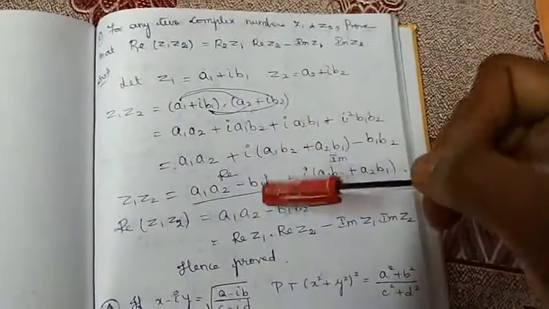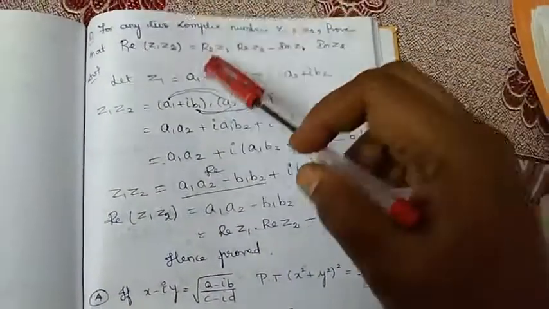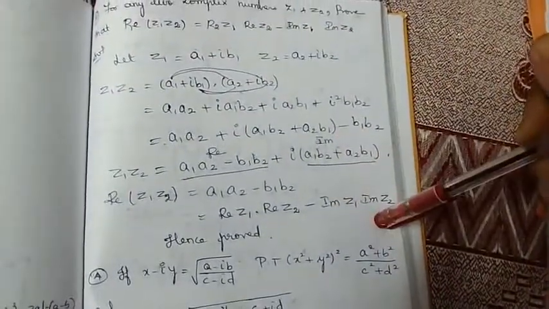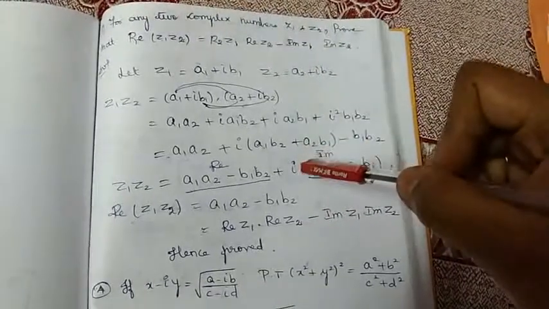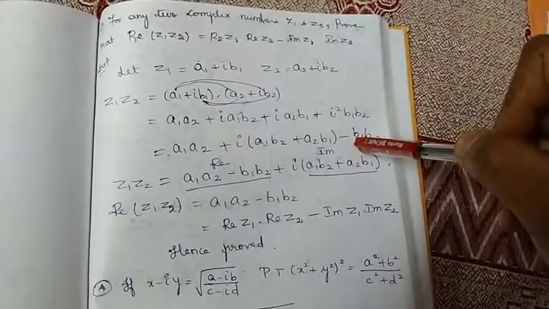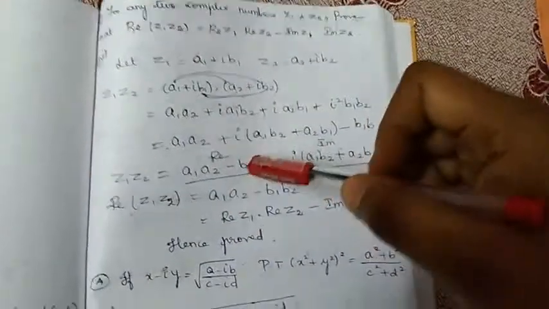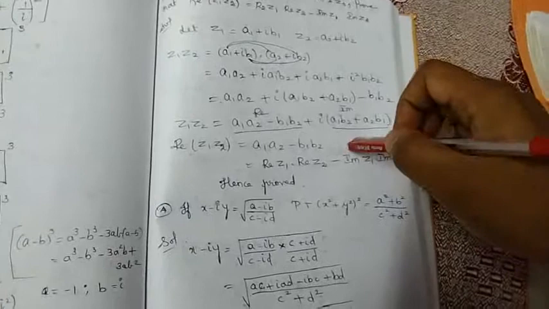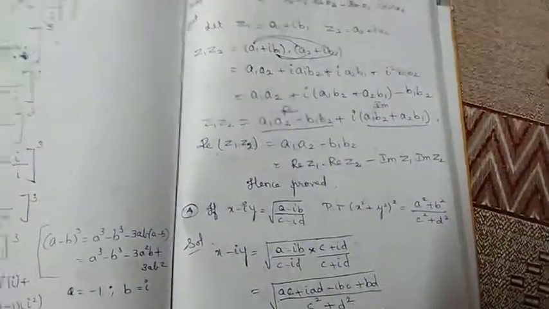Then we have to multiply z1 and z2. We have to take the real part of it separately. Then we have to find the real part of z1 z2. Left hand side and right hand side separately we have to find, and then we have to check. So the terms which are the coefficient of i will form the imaginary part, and the terms which are independent of i will become the real part. Remember, the term with i is the imaginary part and the term without i is called the real part.